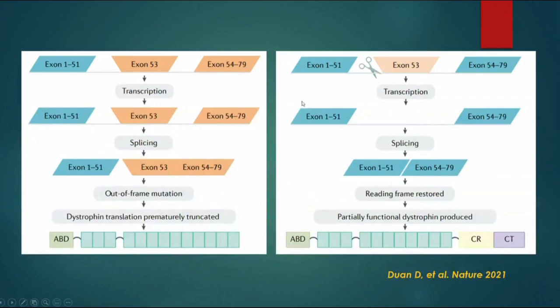So this is showing the gene editing with CRISPR-Cas9. CRISPR binds to, for example, exon 53, and Cas9 will cut it, and then there will be a recombination leading to correction of the mutation. Here we have to understand that it is different from antisense oligonucleotide, because antisense oligonucleotide binds to pre-mRNA, and CRISPR binds to the DNA itself.